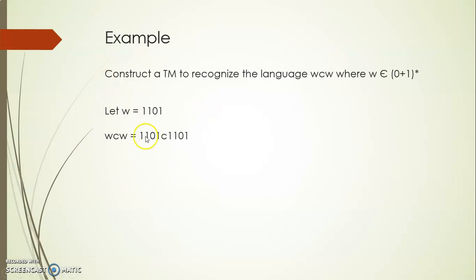Am I right? So if I say here 1, and instead of 1, if 0 is present, then it means that this string does not belong to the language of this form. So all the strings that belong to this language must take this form. What is the form? W followed by the same string, that is W.